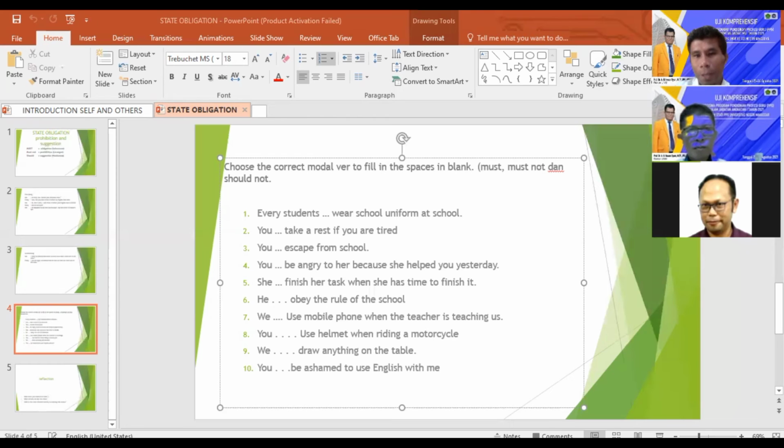In the LKPD, you can see there are some activities you must do. And before doing the LKPD, let me divide you into several groups. So you work in groups to finish all the tasks in the students worksheet.